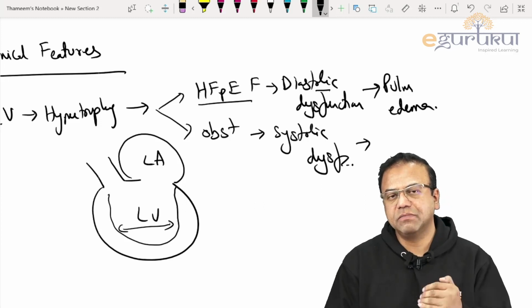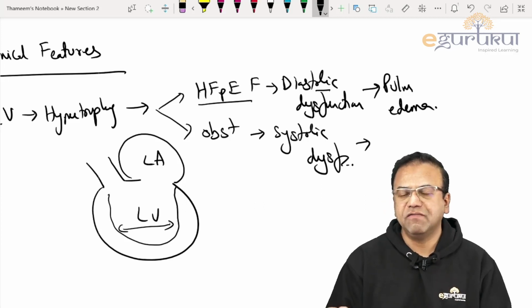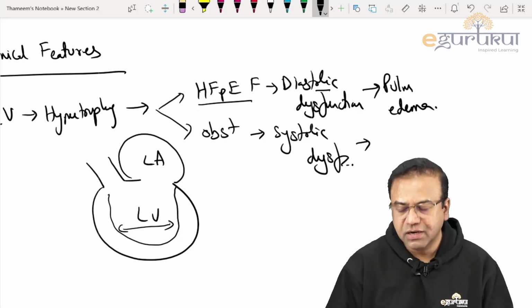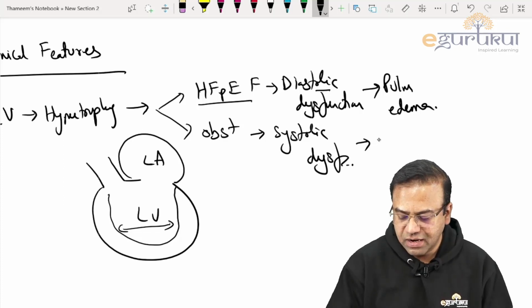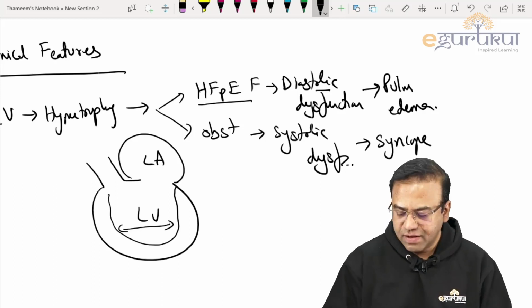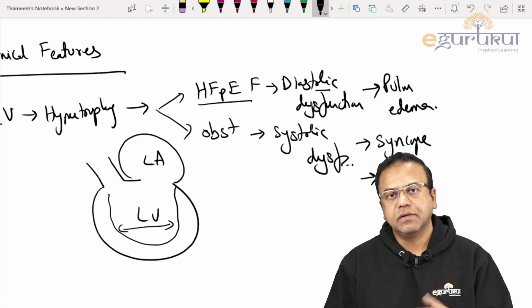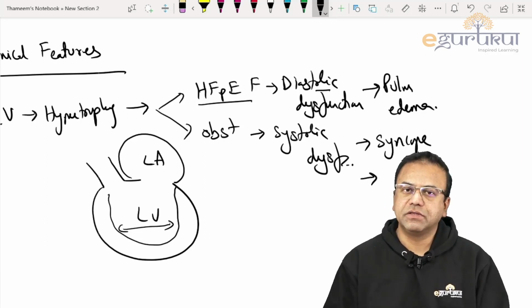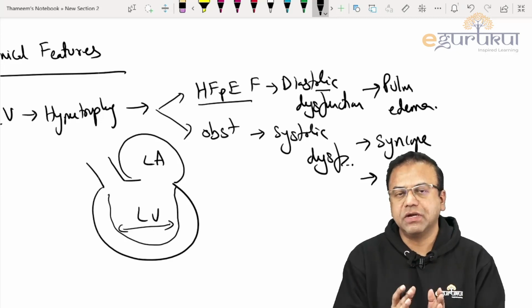This is because the septum is coming in the way and not allowing the LV to pump the blood out. And this blockage that the septum is creating is going to result in systolic dysfunction. So these patients will have syncopal attack, they'll have syncope, they are going to come with ischemic problems. This is because the blood that is there in the aorta and the pressures in the aorta dictate